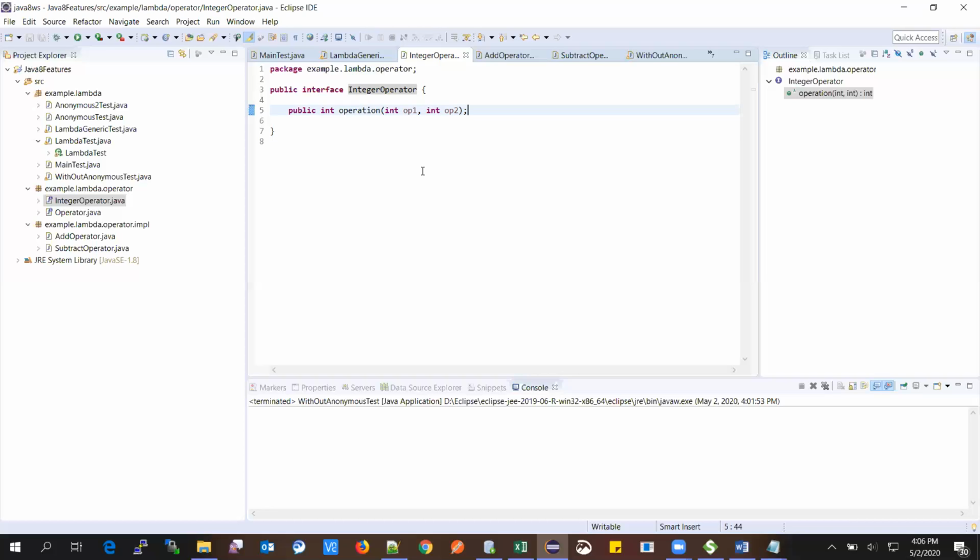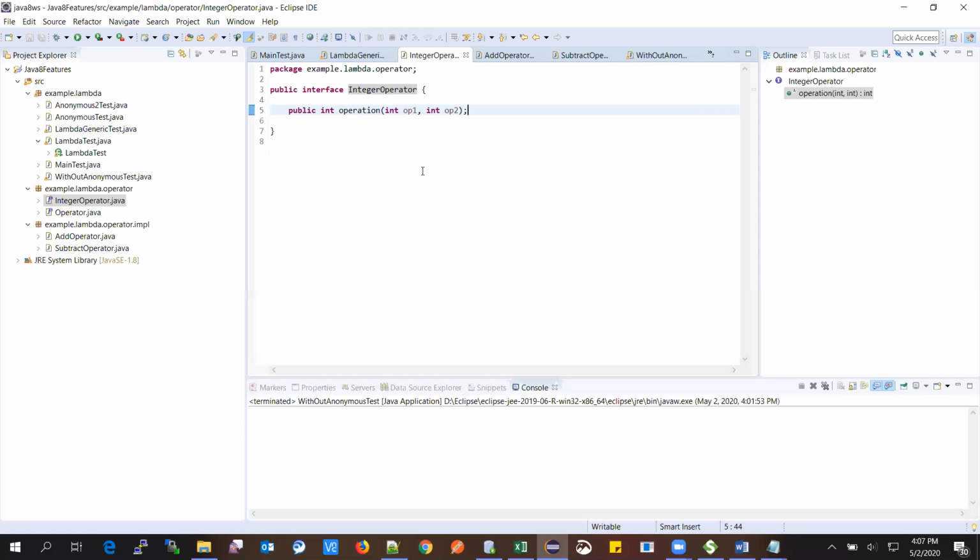But before we go to lambda expressions, we should understand how we coded before lambda expressions. I will just revise how we deal with these interfaces which have only one method to implement. There are two ways to handle these things. One is with normal classes and the other is with anonymous classes. When I say normal classes, that means we need to create classes and those classes will implement these interfaces.